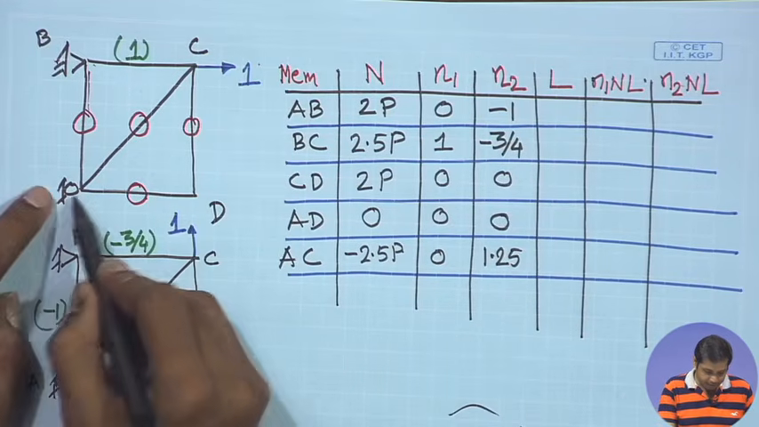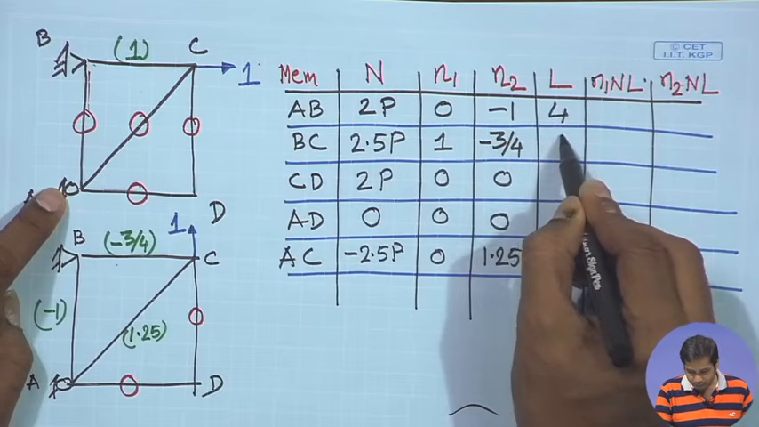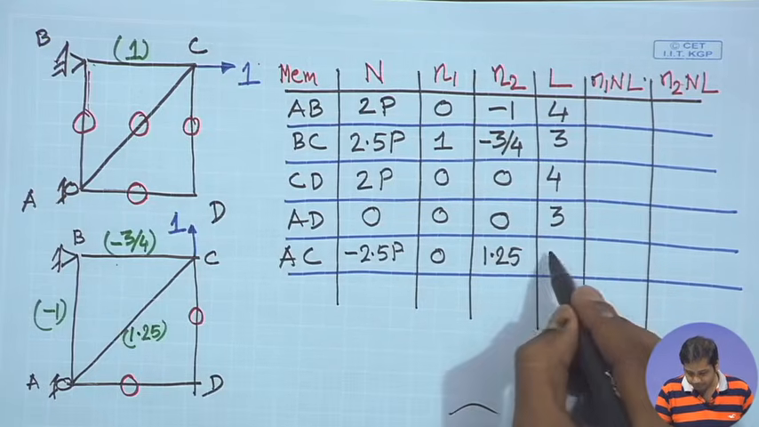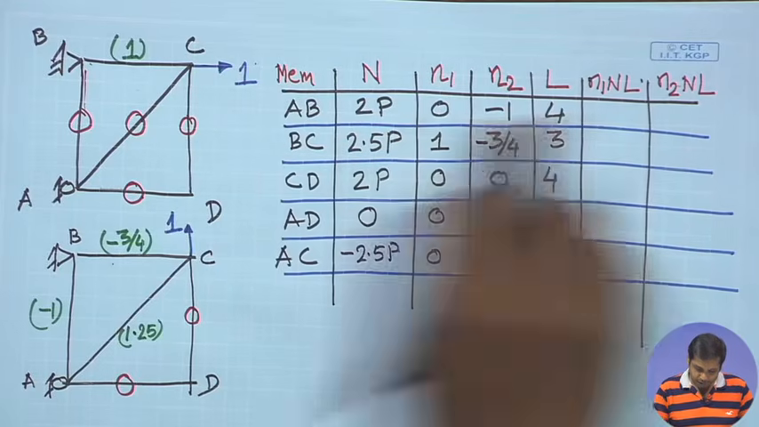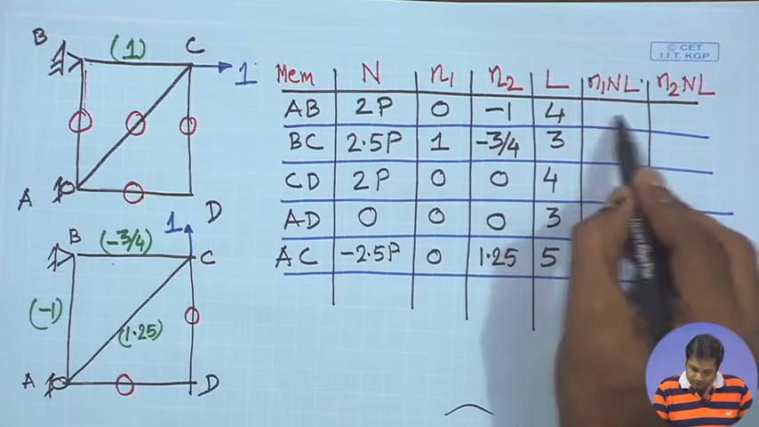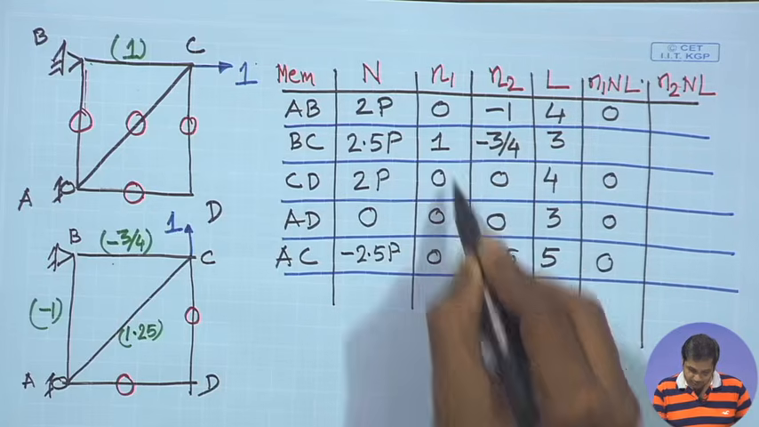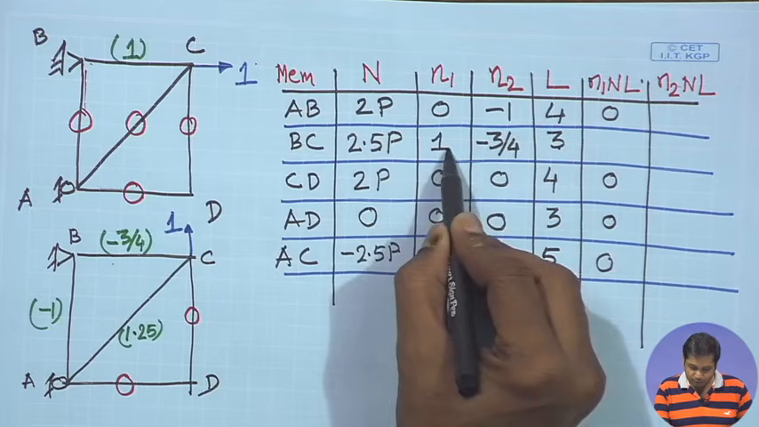Lengths are: this is 4 meter, then this is 3, then 4 meter, 3 meter, and this length will be 5 meter. Okay. Then what is N1L? These all will be 0. This is 0, this is 0, this is 0, this is 0, and this will become 3 into 2.5 P into 1 into 3,